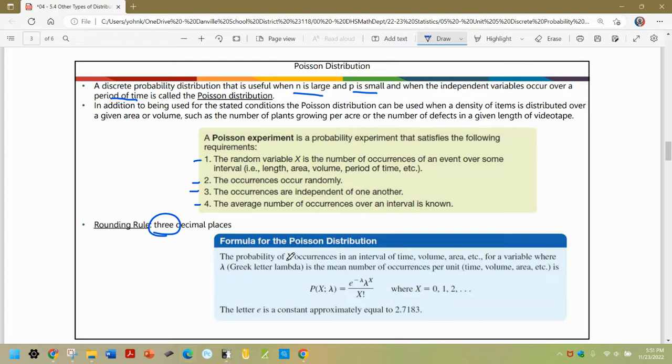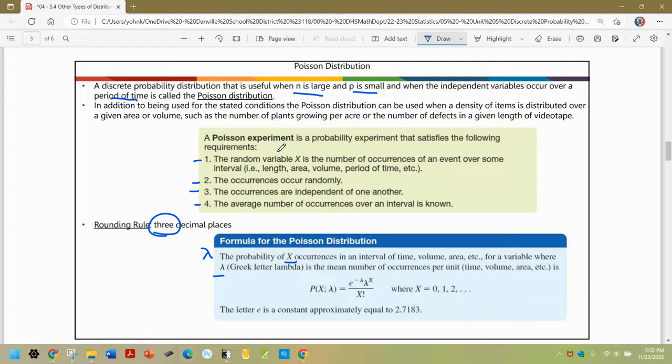So we have the probability of x occurrences in an interval of time, volume, area, etc. for a variable where lambda, which looks like a little house or a witch's hat, the Greek letter lambda, is the mean number of occurrences per unit. So I have 6 defects per foot, or